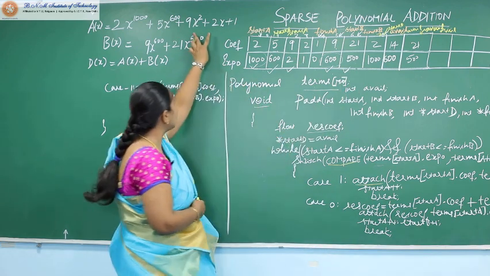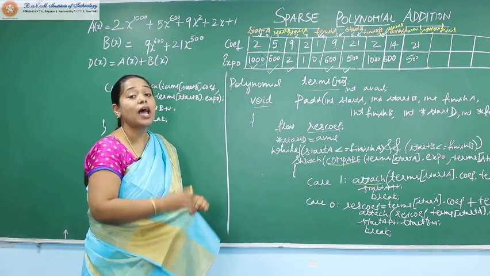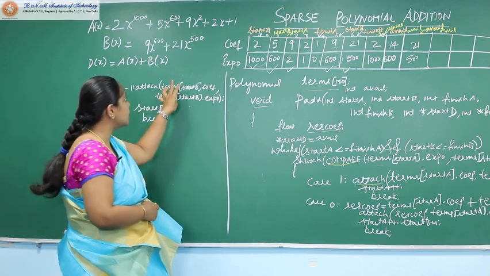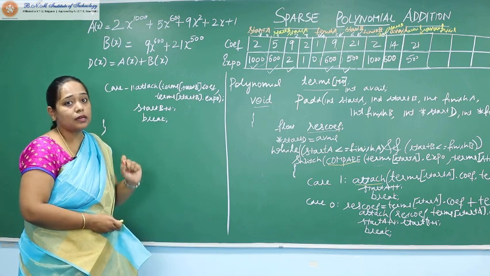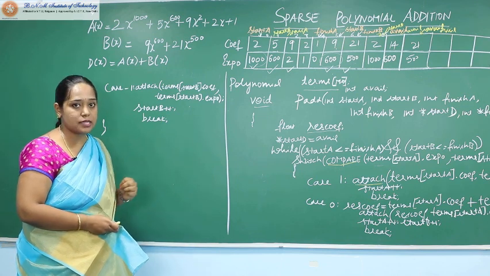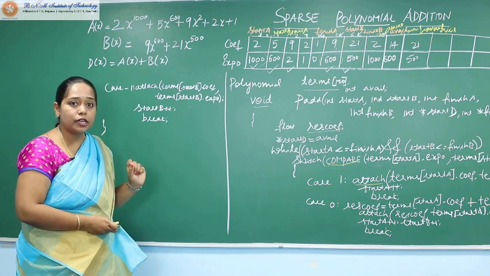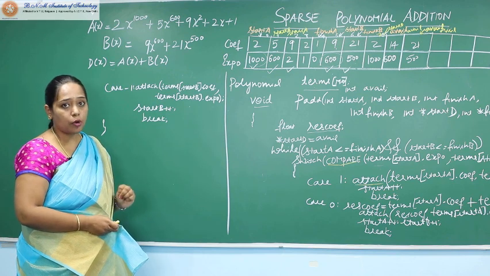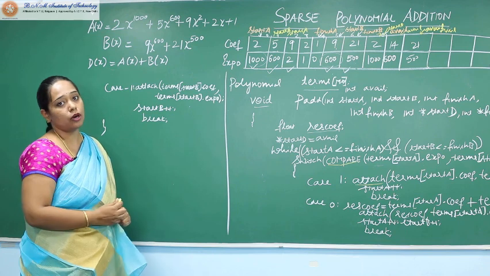So all these remaining terms, 9x bar 2, 2x bar 1 and 1x bar 1 have to be attached as it is. So in our example here, there are remaining terms in polynomial A, but there could be remaining terms in polynomial B in some other example. So which simply means continuing ahead, for any remaining terms either in polynomial A or in polynomial B, they have to be attached as it is in the resulting polynomial.